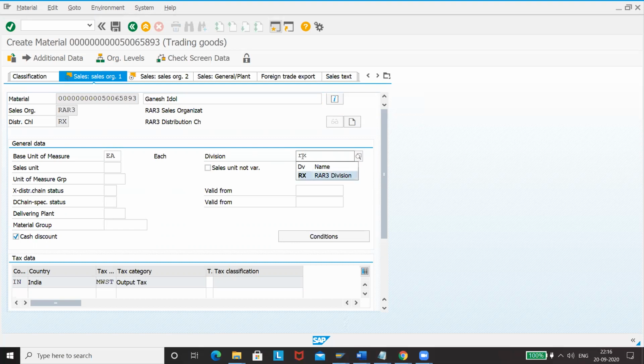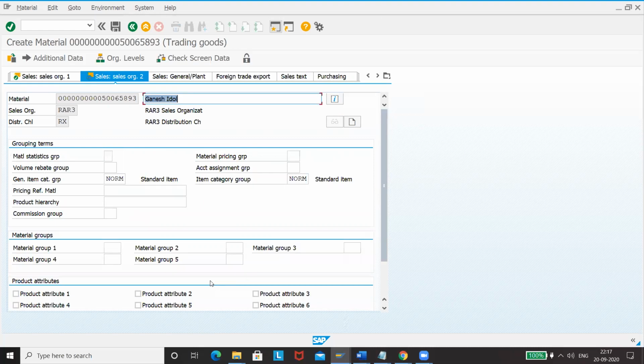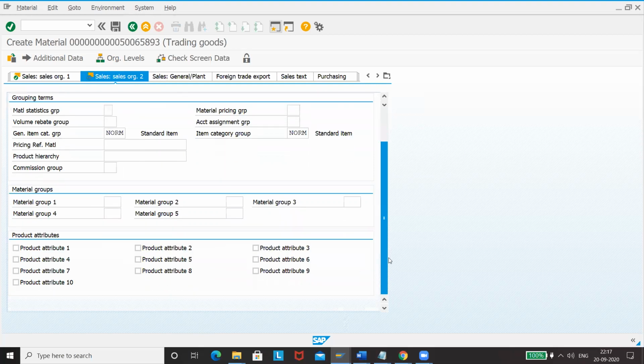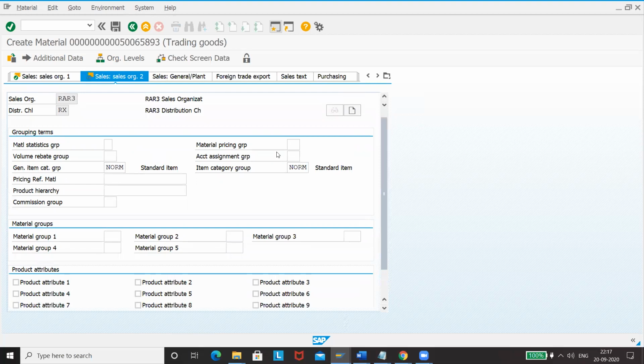RX. This is our division. We are not taking any tax, so please maintain this as 0. This one is very much important.